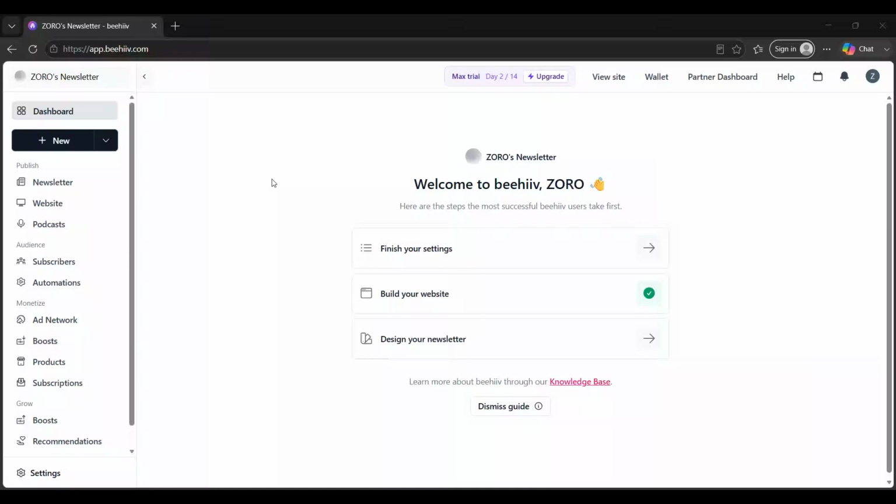In today's video, I'm going to show you how to design a Beehiiv newsletter step by step. Even if you're starting from scratch, by the end, you'll know how to set up your publication details, build a clean newsletter layout, add visuals and content blocks, and preview everything so your final design looks professional on both desktop